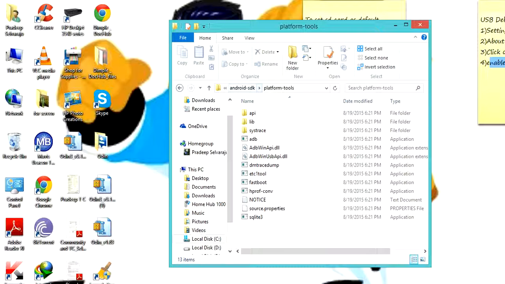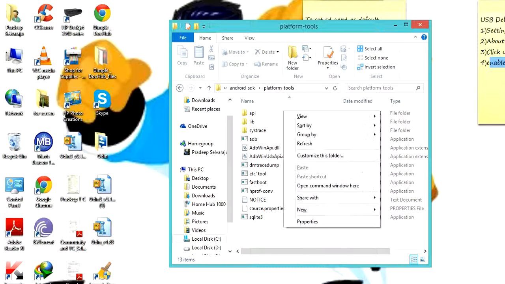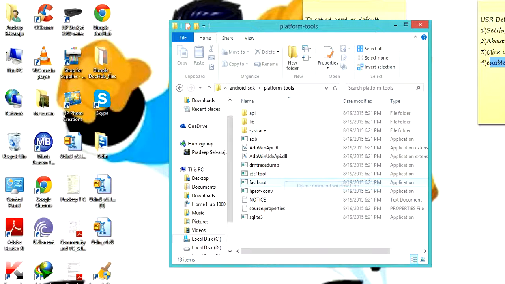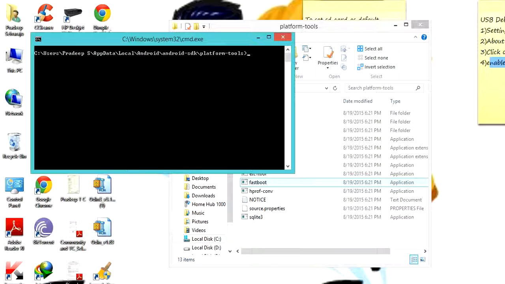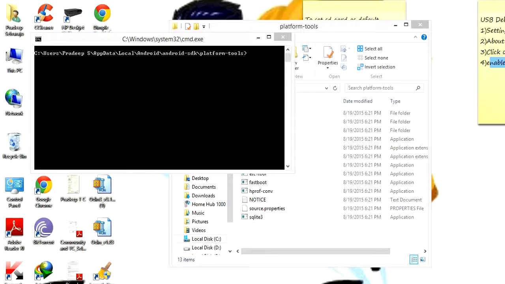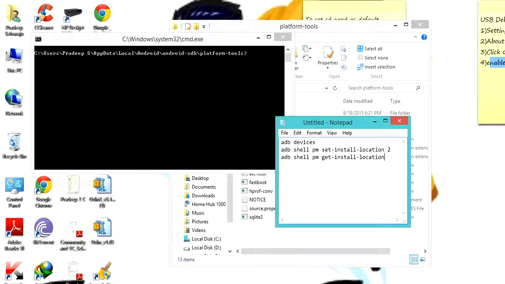Inside Android SDK you'll have to open platform-tools, and after opening platform-tools you should press Shift and right-click on the folder and click on open command window here. This basically opens the command prompt which will have all the commands in this folder. You'll have to enter some commands. This will be your last step.